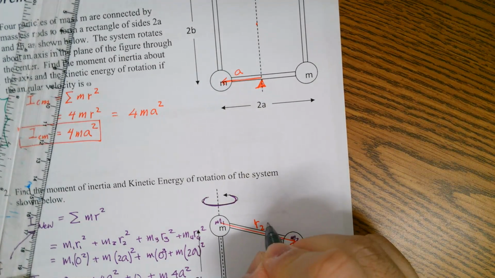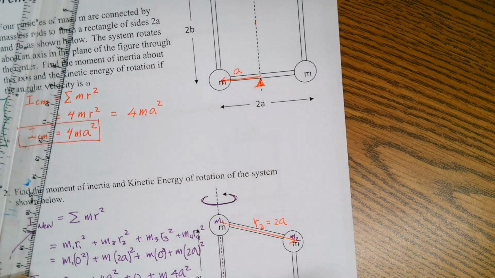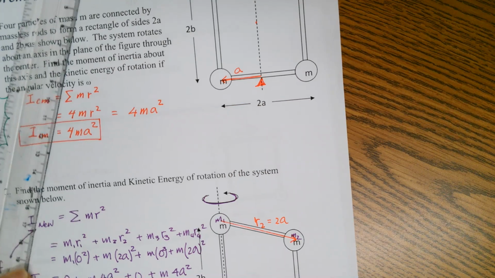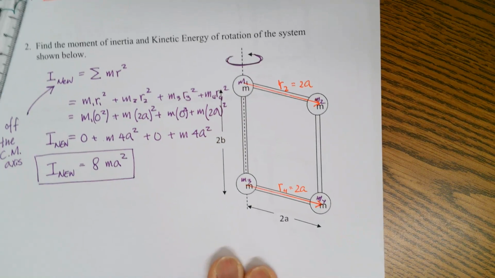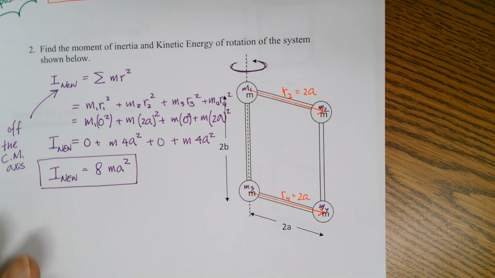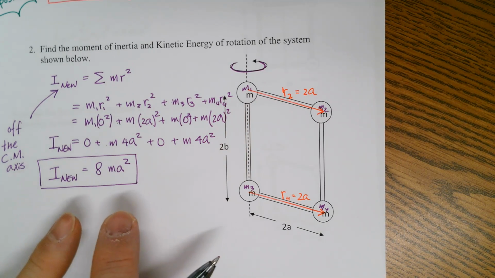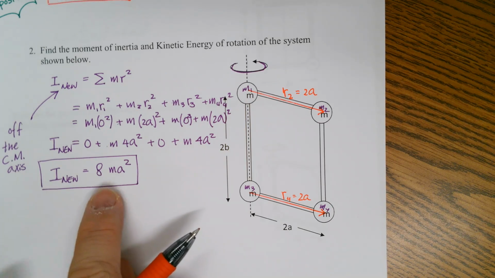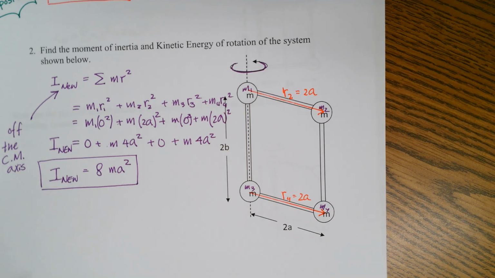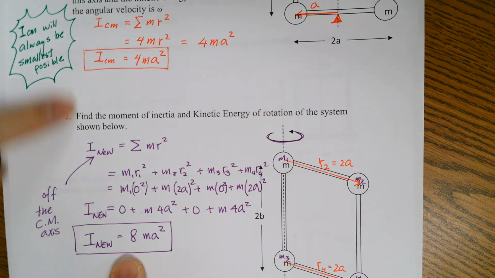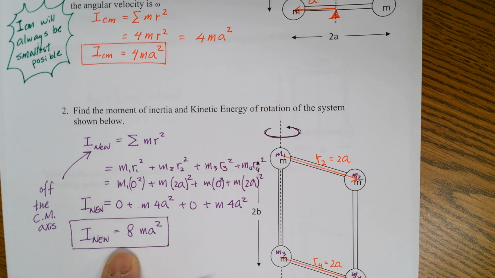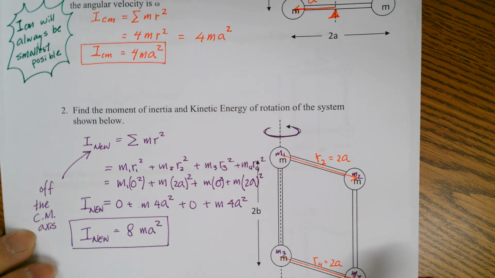Okay, which is equal to 2a, and this is also equal to 2a. All right. So notice when it's not rotating about the center of mass, it's a lot more resistant. Okay. So now, once we understand that, let's talk about how we can utilize this idea to figure out the